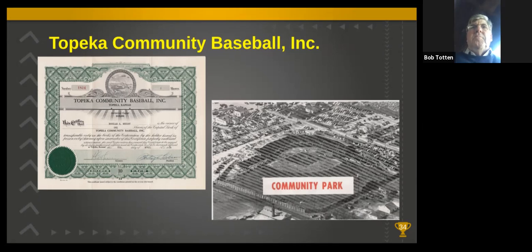One of the key things for the Hawks that year, this is the year that they went back over 100,000 fans, was that they were able to get their schedule set up, their 70 home games, so that many of the home games were set when the Kansas City A's would be on the road. They'd set up a relationship with the Milwaukee Braves, and so they were a true farm club of the Milwaukee Braves.